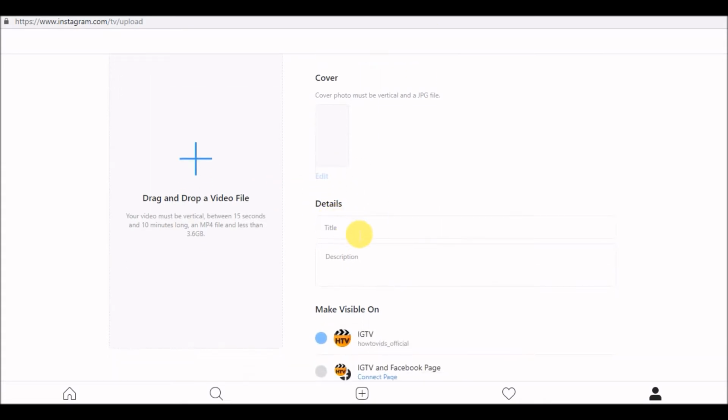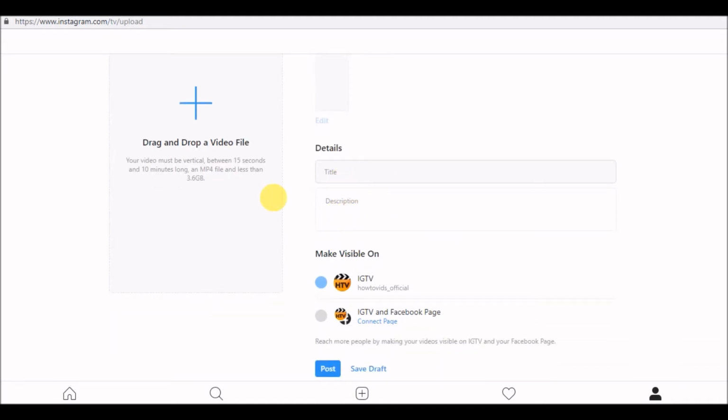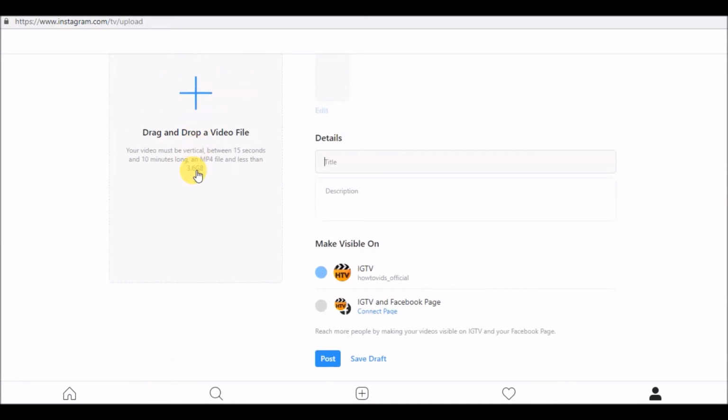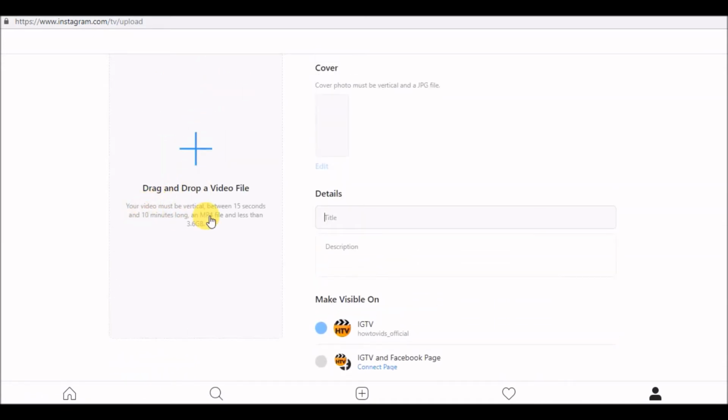Cover photo here. Details, title, description. Make visible on IGTV and Facebook page. Save draft or post. Video must be vertical and between 15 seconds and 10 minutes long.